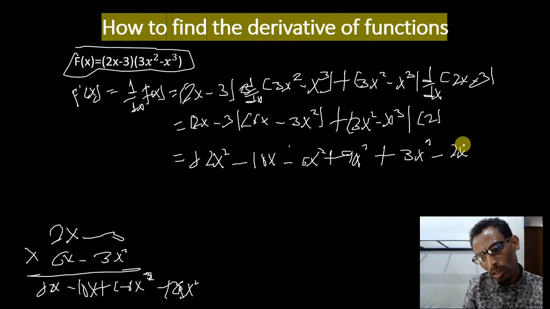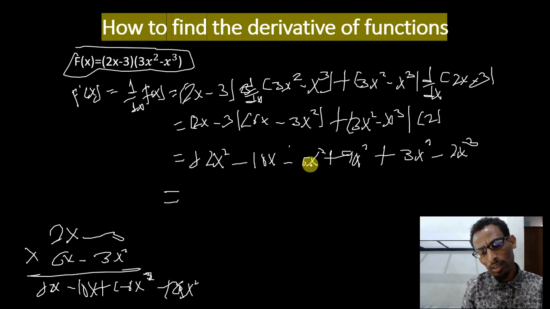Now our target is to collect like terms, like 12x squared, minus 6x squared, and also 9x squared and again 3x squared, which have the same power. That means 12x squared minus 6x squared, we get 6x squared, and then plus 9x squared, which is 15x squared, plus 3x squared, which is 18x squared, then minus